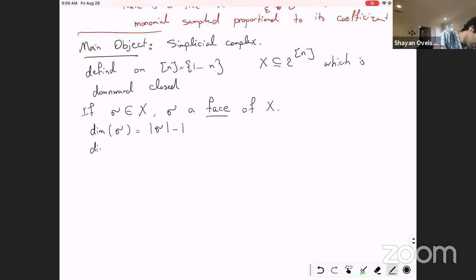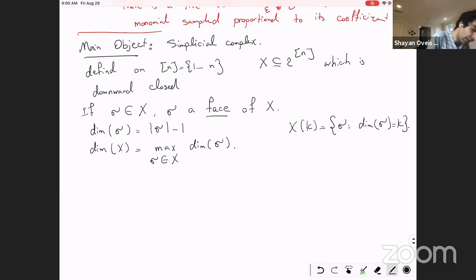And I define the dimension of X to be the maximum over all faces sigma in X of the dimension of sigma. So we define a dimension for the complex as well. I write X of K to denote all faces such that the dimension of sigma is K. I'm going to show an example in a second. And one more thing,